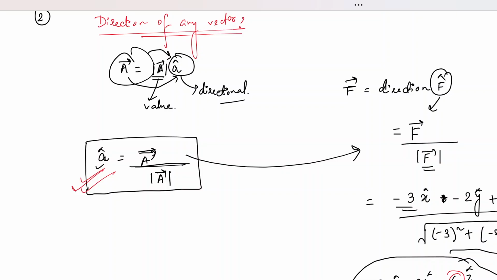First of all, there is a conceptual mistake I'd like to point out. Whenever you mention that something is a unit vector, you have to normalize it. It cannot be a unit vector unless you normalize it. It has to be divided by the modulus, square root of 3 square plus 2 square. Here also you have to have 3 square plus 4 square, right? Otherwise you cannot say this is a unit vector. This is just a vector unless you normalize it by its magnitude.